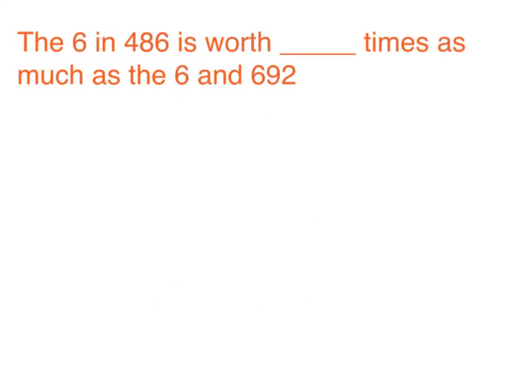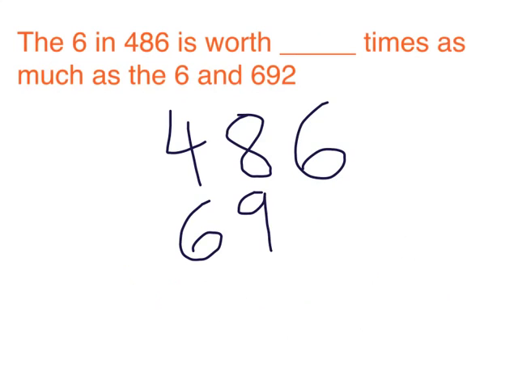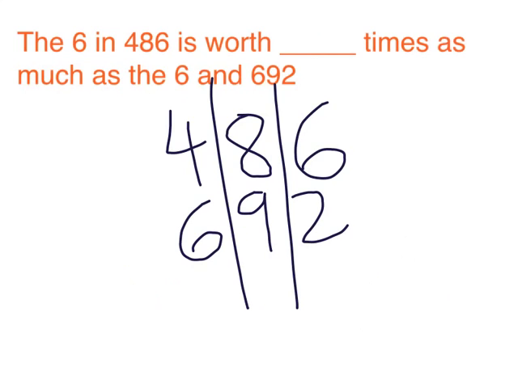In our second example, the 6 in 486 is worth blank times as much as the 6 in 692. Again, I need to put these two into what to show my work? I need to put them into a place value chart. I'm going to do that now. Once they're in a place value chart, I'm going to circle my two 6s to show that's the number that